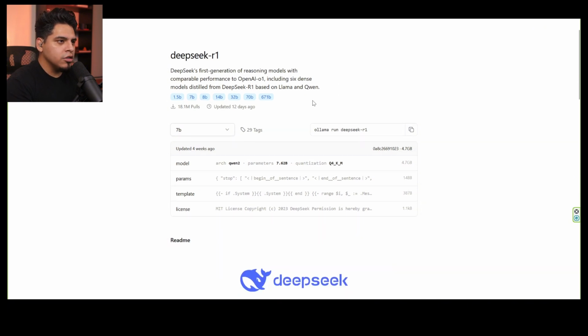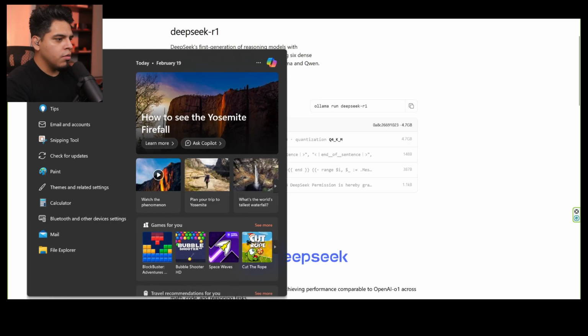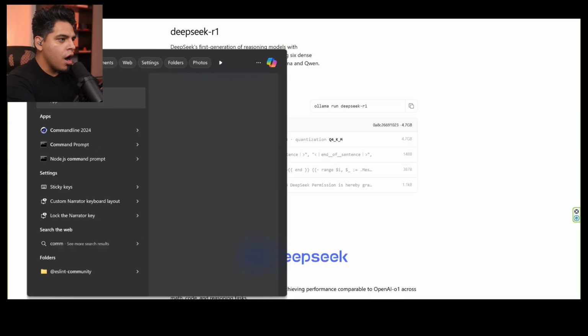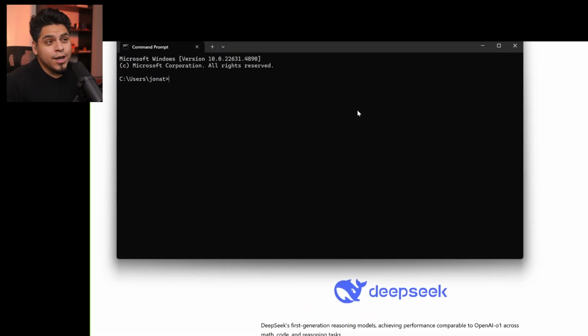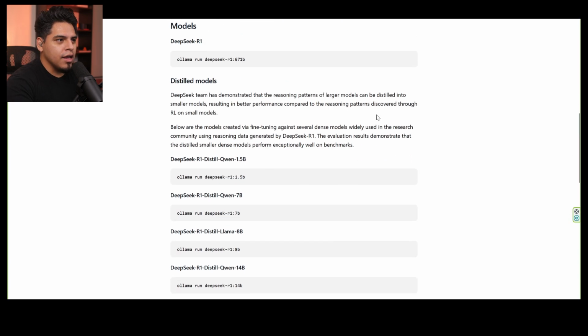So once you have this page open, you're going to probably want to open up your terminal or command prompt. On Windows, it is called the command prompt. And it looks like we're coding, but it's really just one line of code. So once you have Ollama installed, all you have to do is go to this page and look down here